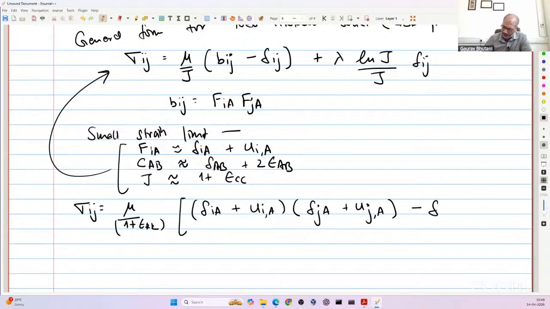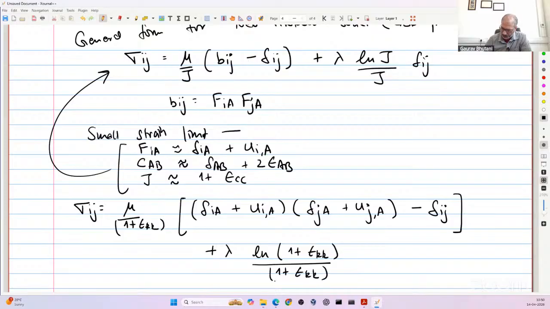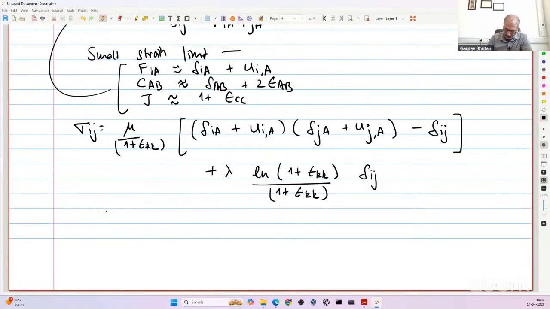Right, and there's a minus delta Ij, and then you have another term which is plus lambda times the natural log of J, which is 1 plus epsilon kk, divided by J, which is 1 plus epsilon kk. And then you have a delta Ij. So this becomes, so I can take 1 upon 1 plus epsilon kk common,